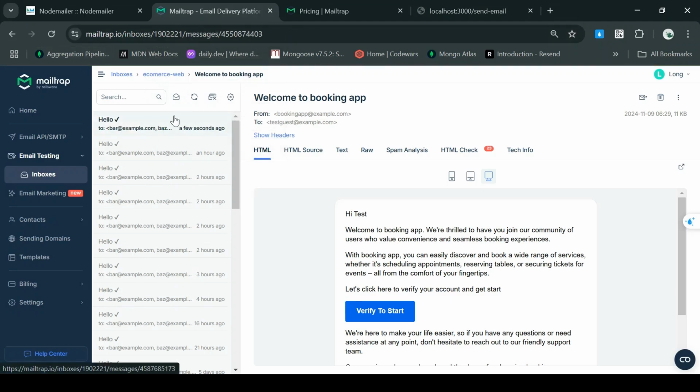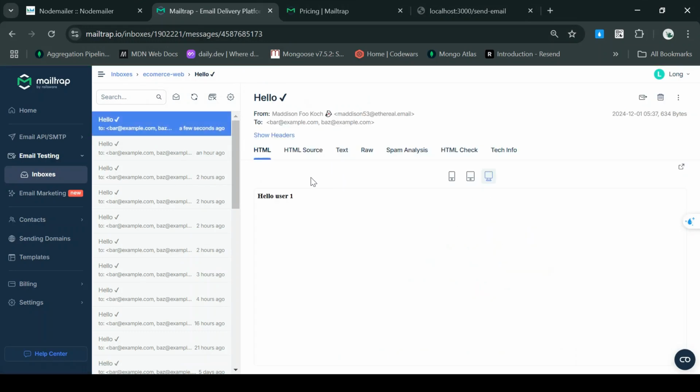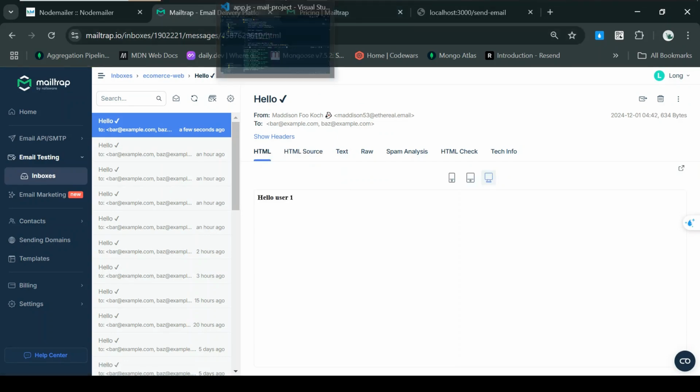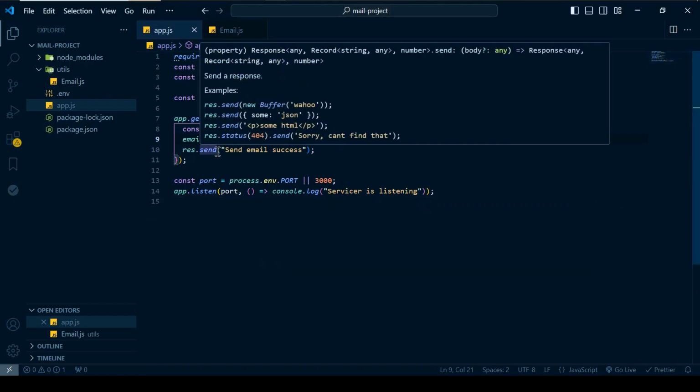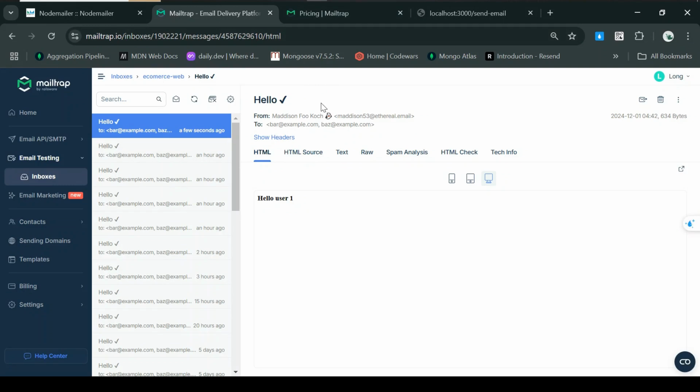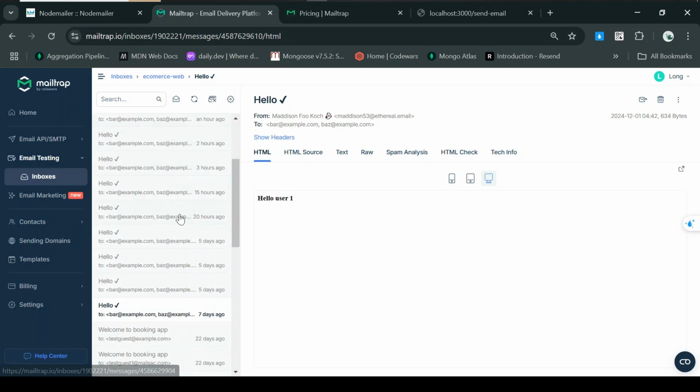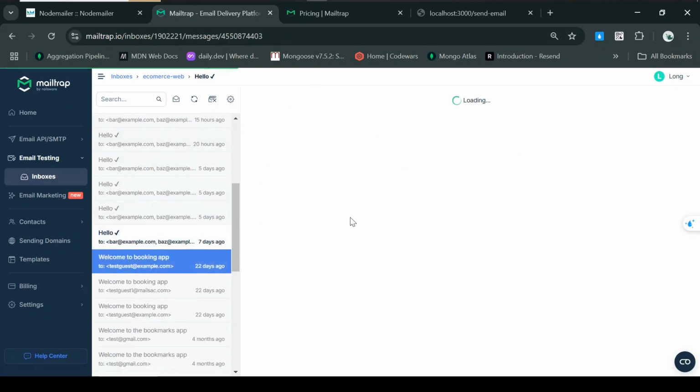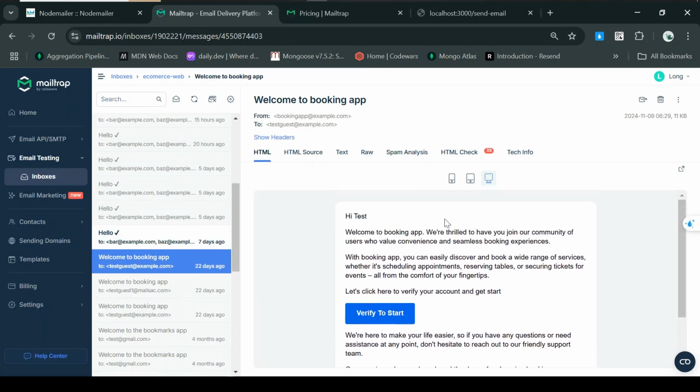A new email from a few seconds ago. As you can see, you have HTML hello user one here, HTML, and also the text. And this is how you can send email with Node.js and Express.js. It's very simple, right? And just notice that when you use some service like Gmail, you can see that the email is really beautiful, right? For example, you can see this email here. The email really looks beautiful, and it has really good structure. So how can we do that? For that, we use something called a template.